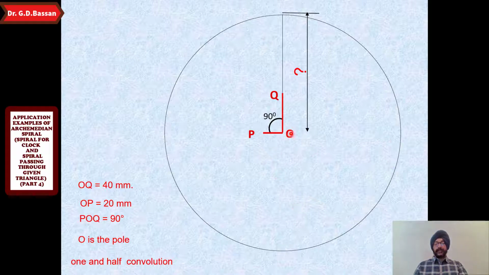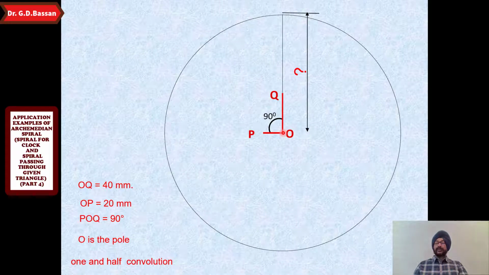In the previous example we have taken the final radius vector in this way. So why do we have to take it on this side? You must know that when P is here, Q is here, the angle between them is 90 degrees and the difference in length between these two is 20 mm. So this is 20 OP, this is 40. So where should be your 0 point? So 0 point will be at 90 degrees at 20 mm, it should be considered a pole. So this should be considered as a pole, as this is the initial line.